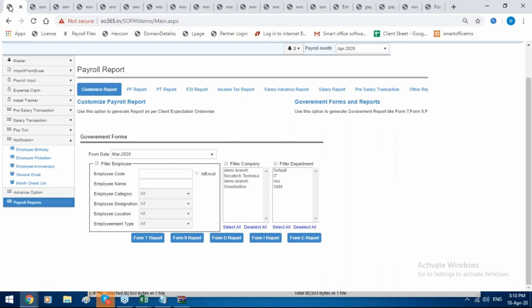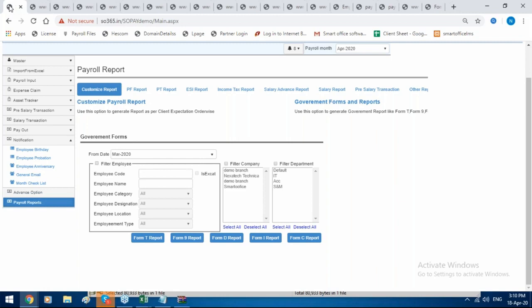You will get a smart office payroll software. You will get in 3 versions. One is the desktop version, second one is the web version, and third one is the cloud version. What I am showing the features now presently, it is a cloud version. So almost all features for the web and cloud version are same. So no difference in a feature level.